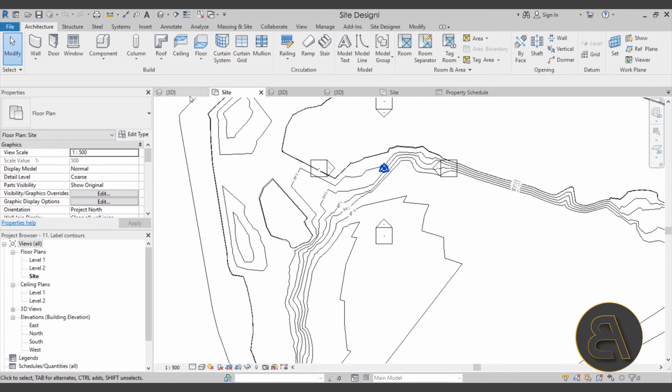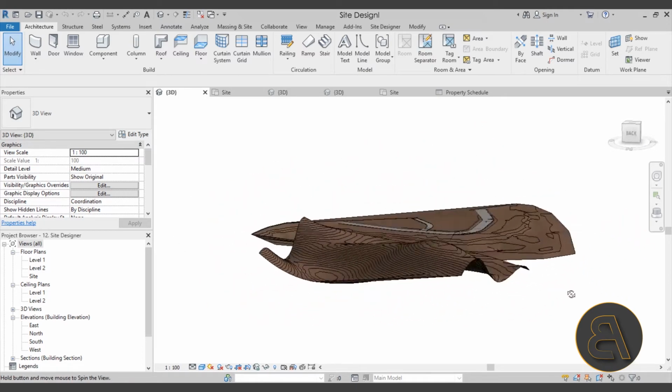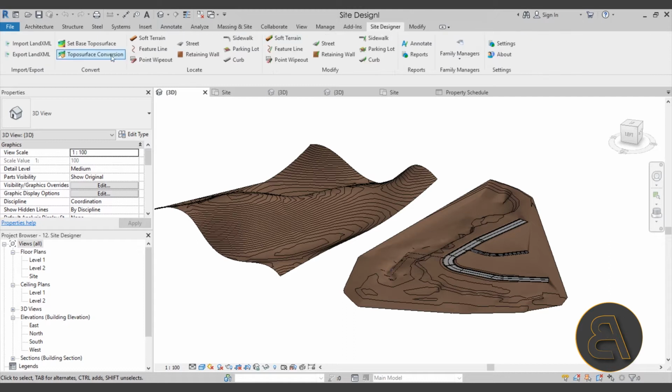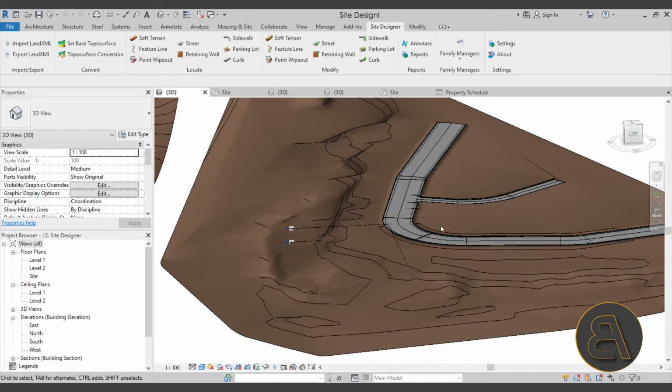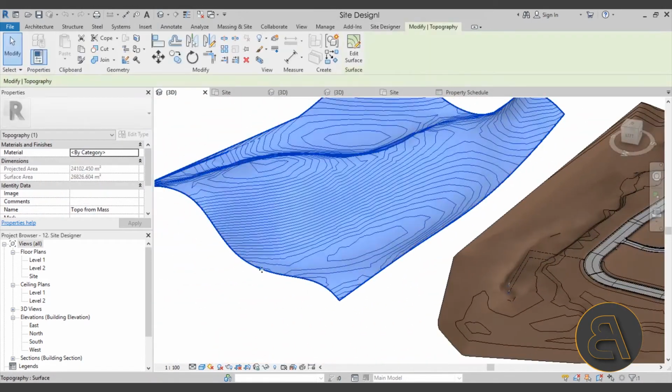And finally, I show you how to use Site Designer, and for the Site Designer, I show you my two favorite features, just because I consider this add-in a bit buggy. It's not really developed completely yet, so it doesn't work perfectly. So I show you two options that do work perfectly and which I really appreciate. The first one is this over here, the option to create roads, and the second one is to create topography